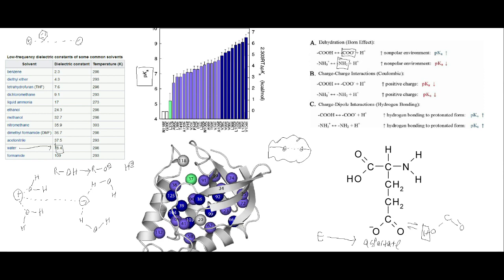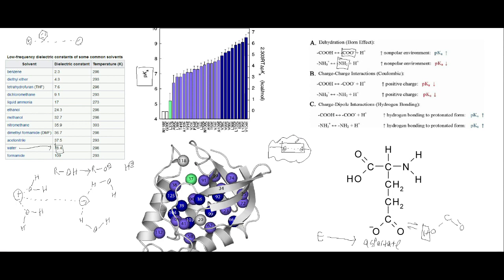And so what's going to happen is, because these things can stabilize each other by together being neutral, we're going to reduce our pKa, because then we can